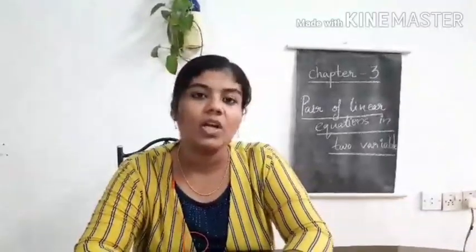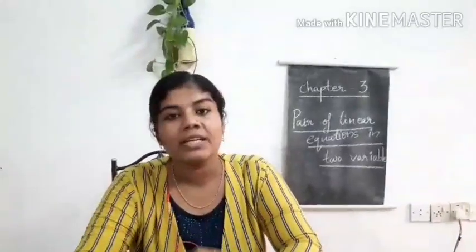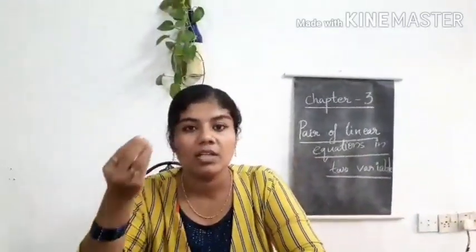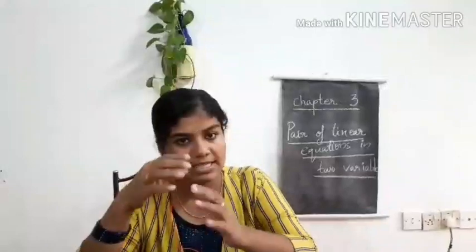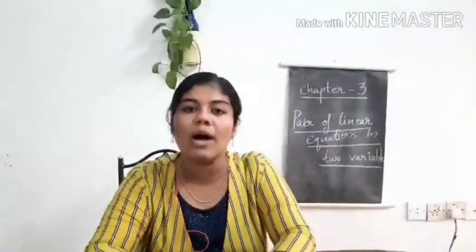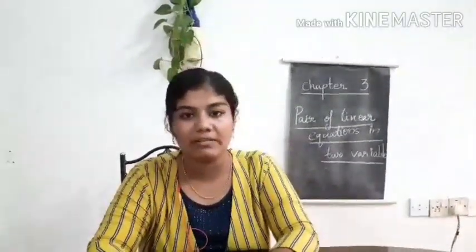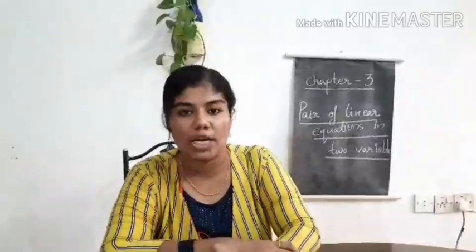And there is a second case. What is the second case? Coinciding. Coinciding means one line will come above another line. That means that also we have the equation. As I said before, intersecting we have equation, coinciding we have equation, and parallel also we have equation. How will it be coinciding? If it is coinciding, all values are equal. That is A1 by A2 equal to B1 by B2 equal to C1 by C2. If you are getting like that, it means that your graph is coinciding.